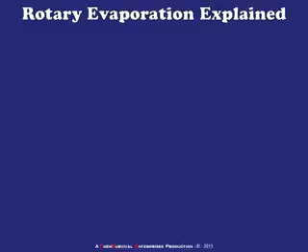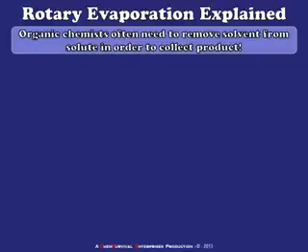All right, I thought today we'd talk a little bit about the technique of rotary evaporation and how that applies to the organic chemistry lab and how it works. So let's start by pointing out that organic chemists often need to remove solvent from solute to collect their products. So let's say that we have a reaction mixture, and the solute, of course, is of interest to us. But the solvent, once it's served its purpose, we'd like to get rid of